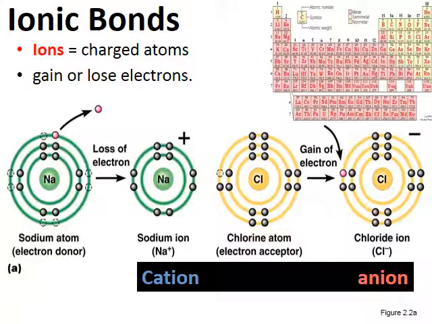Okay, so the first type of bond we're going to talk about is the ionic bond. Now, ionic bonds involve ions. These are charged atoms. That means that there are different numbers of protons versus electrons. And usually, to make this happen, electrons are lost or gained. Once again, this has to do with the differences in strength or electronegativities of these different atoms. So, as I said before, we're going to look at the formation of sodium chloride, which is table salt.